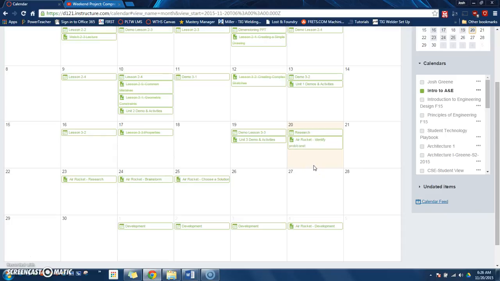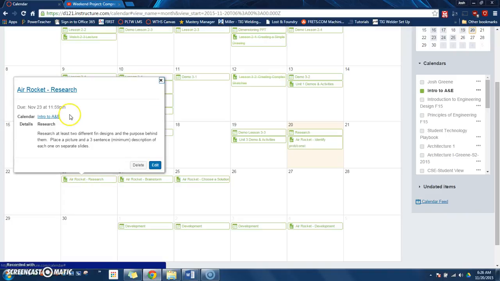You may continue if you need to, work on 3-3 if you have to finish this up, put it in your document, and turn it in. And then research is going to be homework for you. For those people that have turned in 3-3 and are complete with it, you can start to work on research right away. So if we click the Air Rocket Research,